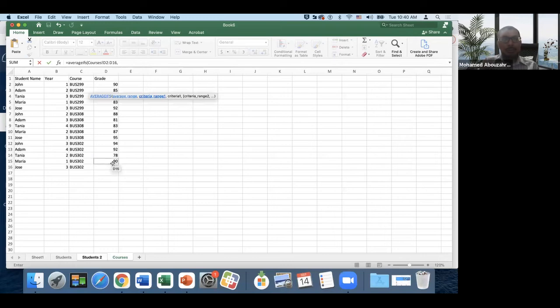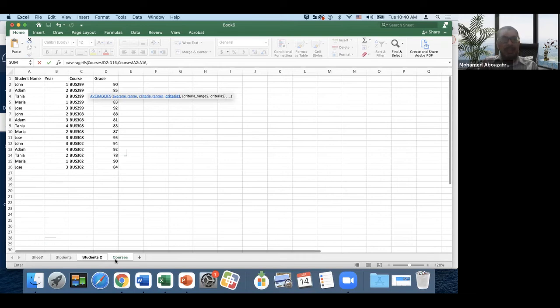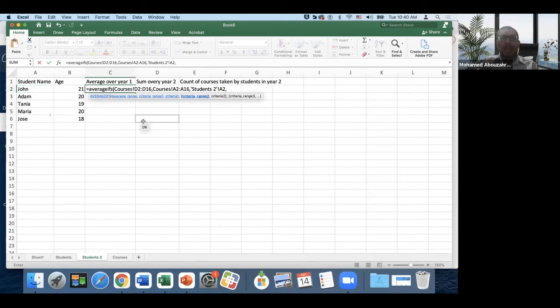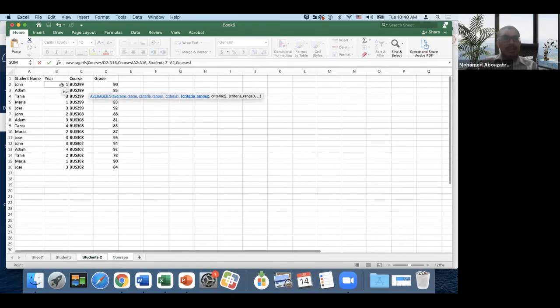Comma. And then criteria range 1, the first range I'm selecting is the student name. So I'm going to select student names like this, okay? And then comma, and then my criteria, like the first time, I'm going to go to students 2 and select the student name, okay, comma. My second criteria or my second condition is the year, so I'm going to select the years here,